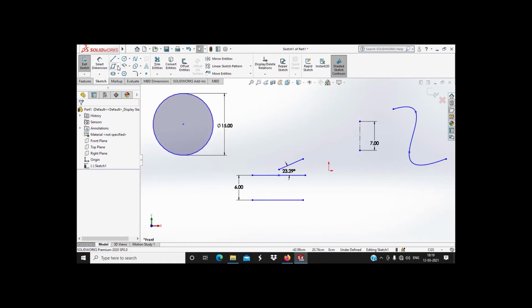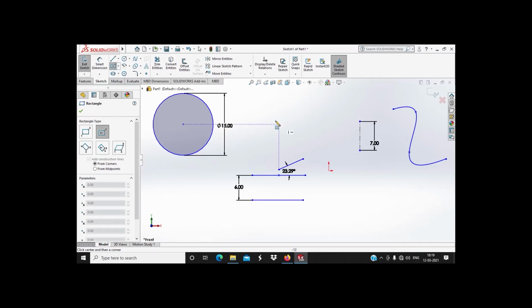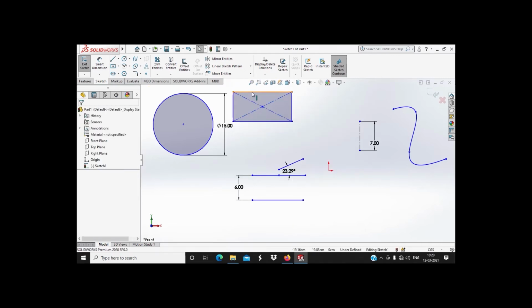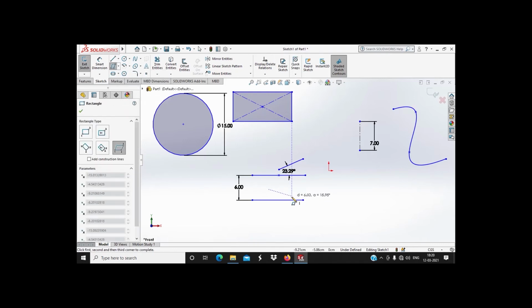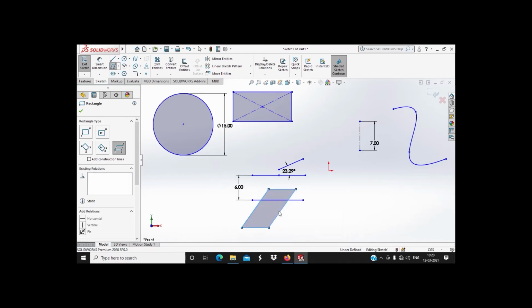Next, this is the rectangle tool. There are different types of rectangle and there is parallelogram. The rectangle. For giving length for the sides, we can use the same method for giving length for these lines. Next there is parallelogram. First it will be a dotted line and then we can incline it in both directions. Now parallelogram is formed.